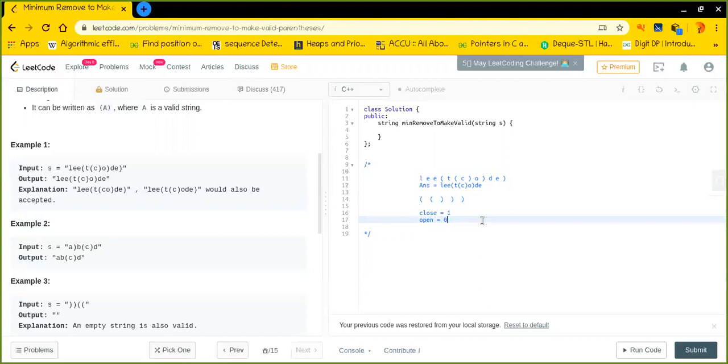So that is why we will just stop here, or we can simply ignore it. Whatever we can do, we will simply ignore it, and our final string would be this, isn't it? But wait, there is one more case where this particular logic could fail. Okay, yeah. Let's take this particular example.